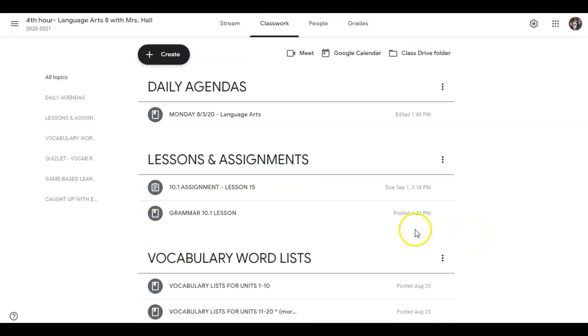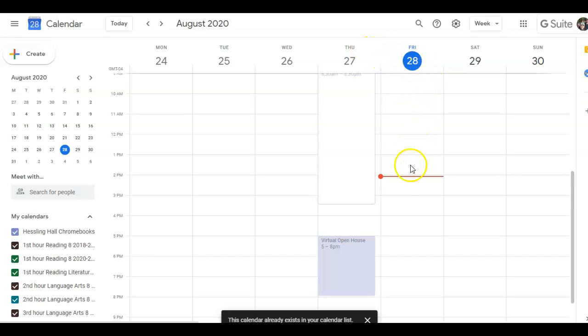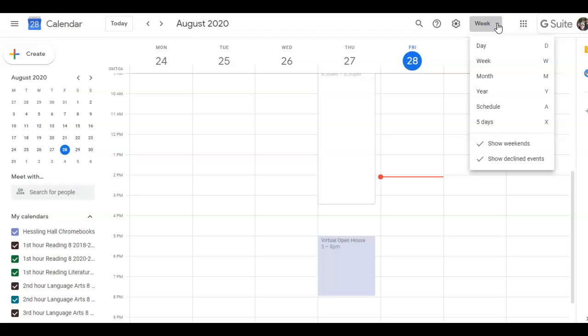Now, as always, lessons will be up every morning by 9 a.m., if not sooner. And also kind of a neat thing, there is a Google Calendar. If you click on Google Calendar, it will keep track of what is due when. So you can click on Google Calendar here. And for example, the red line is where we are today. We had an open house yesterday. And if we go to,